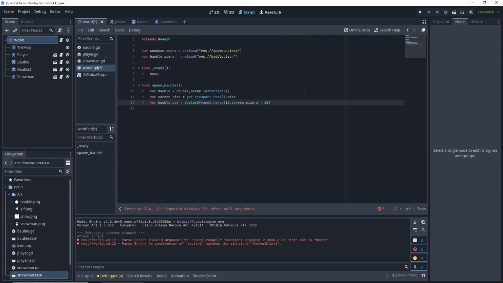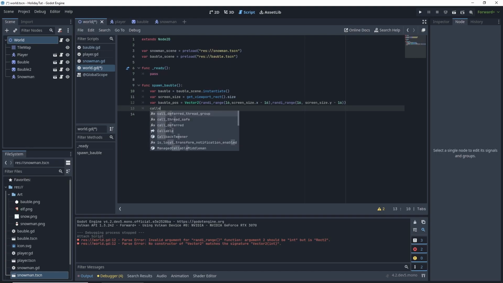And then after, I deleted a parenthesis. We're going to do it again of a random integer range of, again, 16, and we will do screen size y minus 16. Again, 16 pixels from the top, 16 pixels from the bottom is the range we want it to be in. Okay. Now, when we do this, we want to call